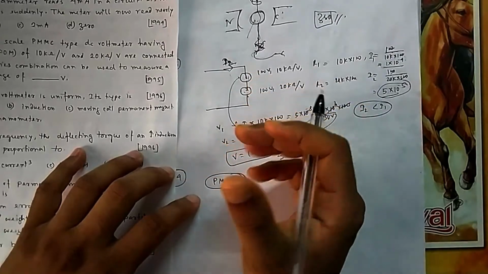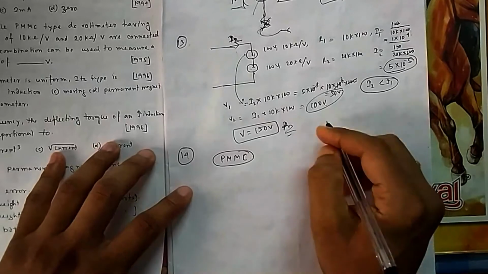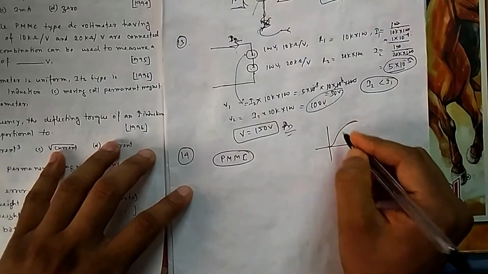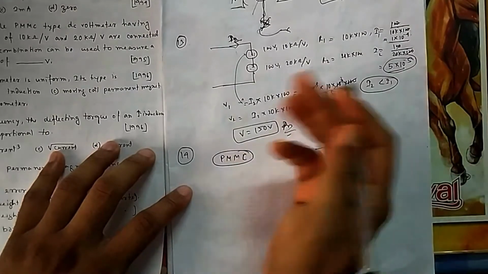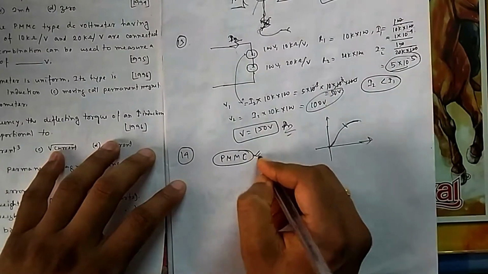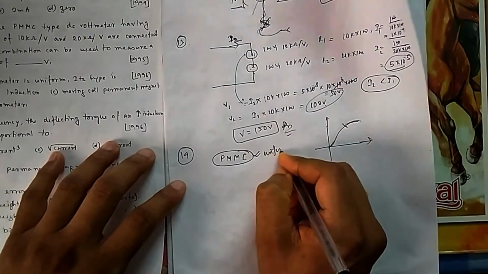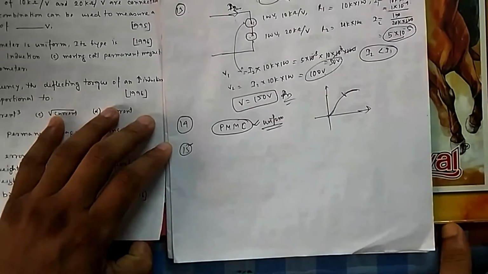So if you see the BH curve, it will be saturated after some time. So it will not be a smooth BH curve, because initially it may look smooth, but after that it will get saturated. So your scale will not be uniform. The change will not be uniform. So PMMC is only uniform. You can remember it from this concept. For the remembrance only I am saying.